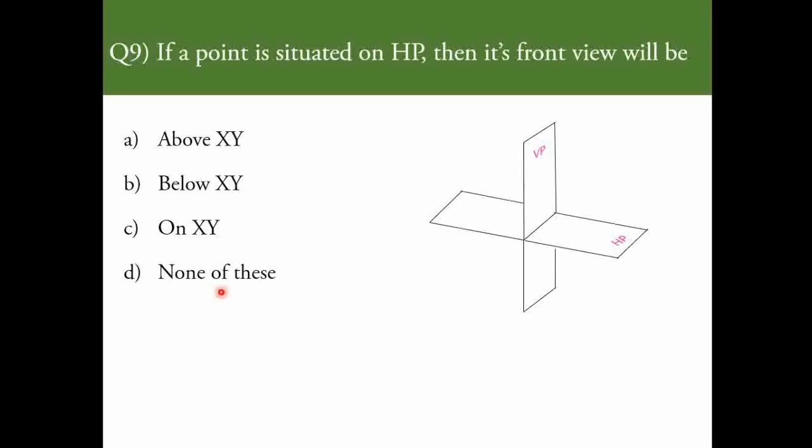Once again we will discuss with the help of quadrant positions. These are the four quadrants, HP and VP, and the point is present on the HP. Suppose this is the point on the horizontal plane, but regarding the VP nothing is mentioned, so we will take a random position of the point on the HP, and this is the position of the observer. The observer is looking from this direction, and they have asked about the front view position. When we observe from this side and create the image of this object by taking the projector, that projector is going to strike the reference line, which means the front view is going to be created on the XY line.